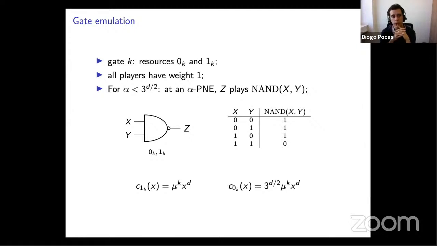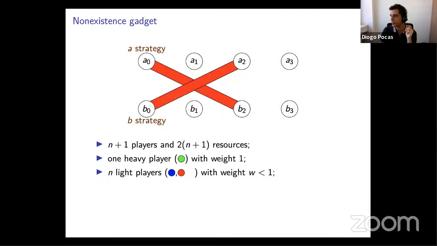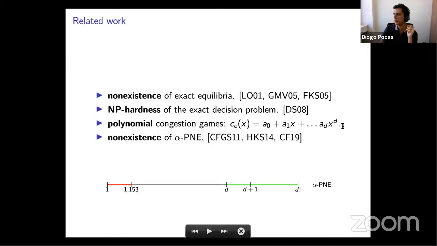Another case where we look at the existence of equilibria is if we change the cost functions, right? And here we know that, for example, if t equals 1, so if your cost functions are affine, then we also know that exact equilibria exist for weighted games. And if these are actual exponential functions, we also know that they exist. And essentially, these are the only 2 cases where we can guarantee exact existence of equilibria.